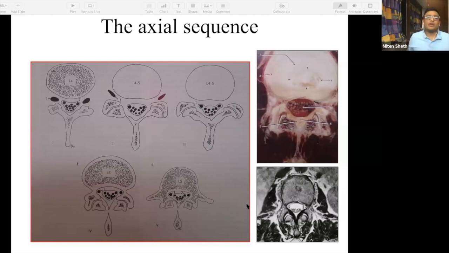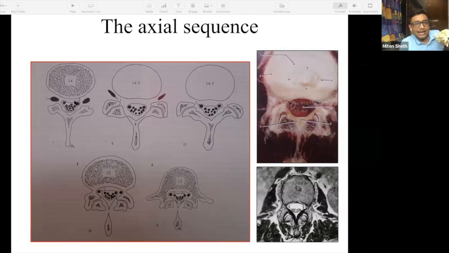Once you identify your T2 weighted image and you have your axial sequence in hand, then you have to start identifying and knowing what your axial sequences are. For you to understand, you have to always identify the axial sequence at the level of the disc space, because the crux of the problem appears here. So how do you identify that? When you're looking at the different axial sequences, the front part is just the body. The posterior part is the spinous process.